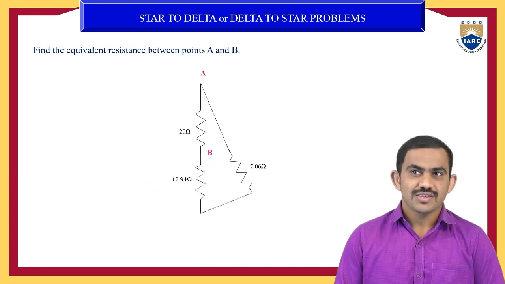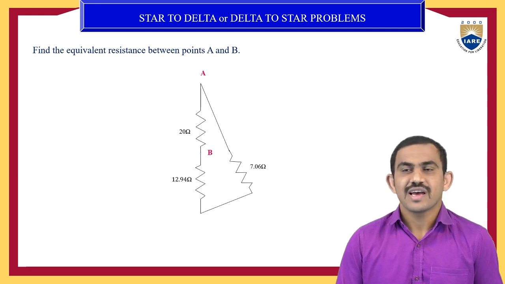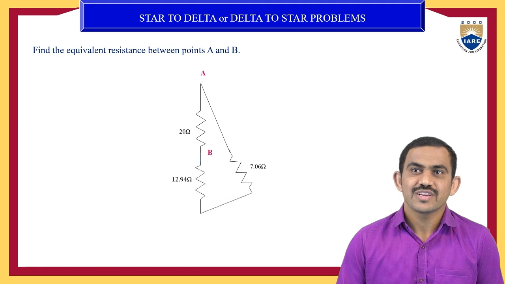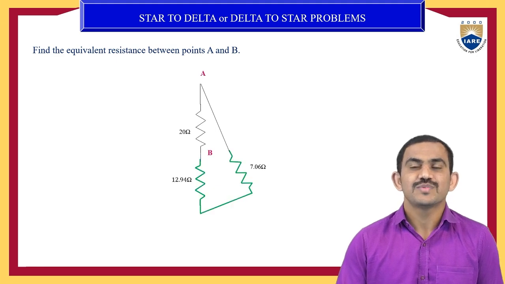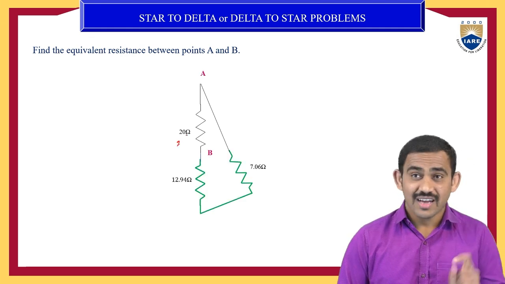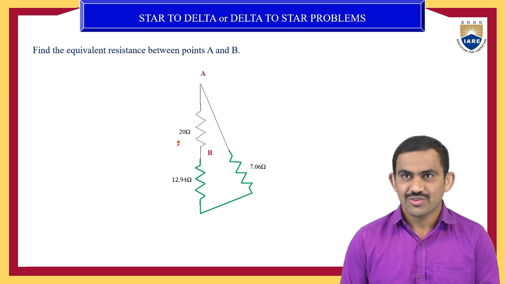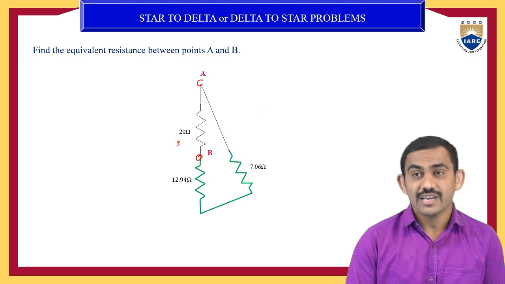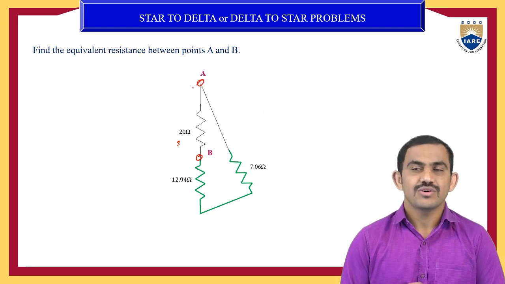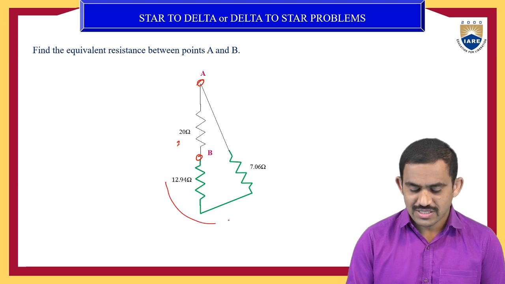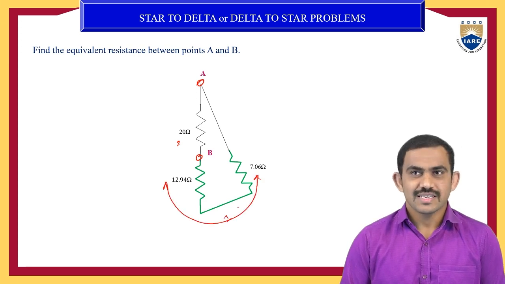So in this main circuit, is there any series or parallel? Yes, we again have series. So these are 2 resistors in series. Just observe the 2 resistors. Why am I not considering the 20 ohms? Because at the last step only we need to disturb that 20 ohms. So in between, don't touch it. Between A and B, I need to find the equivalent resistance, so up to the end, don't touch the 20 ohms. Now both are in series, only one branch.